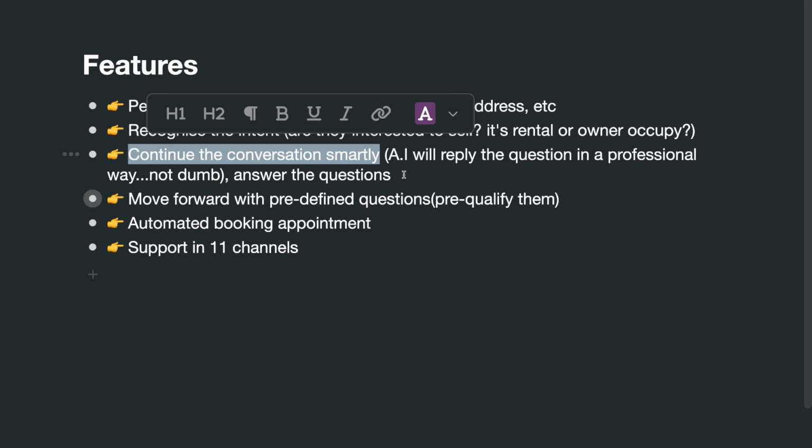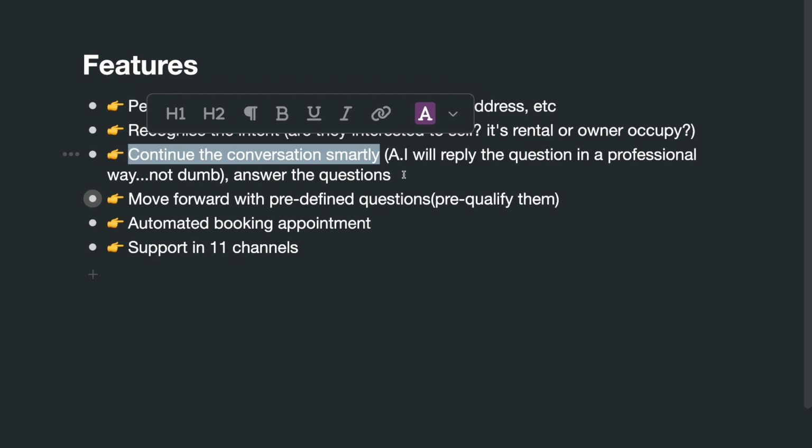To make it really work, the AI is going to answer that question first, with a professional, relevant answer, and then ask the following questions so the conversation moves down the line. You can design the questions you want to ask, and we will make sure the AI keeps the conversation moving forward.